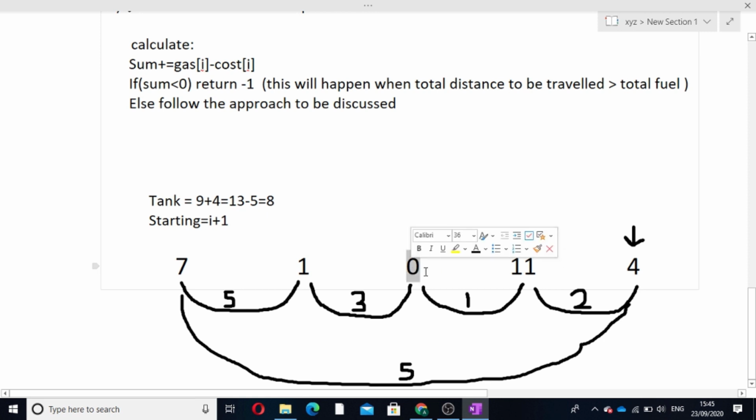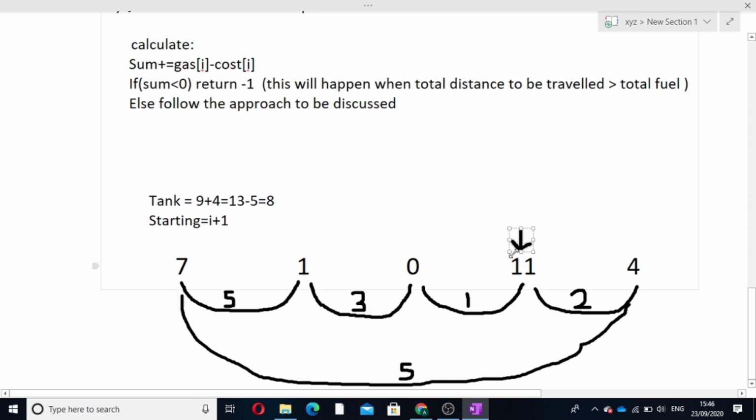this index. So now when we are at this index, our initial capacity of the tank is 8, and we already know that we could move at most till this index if the capacity had been 0, but in this case it is 8, so it is in our favor, which can add the surplus amount of fuel. So we will easily be able to traverse through all the elements again.